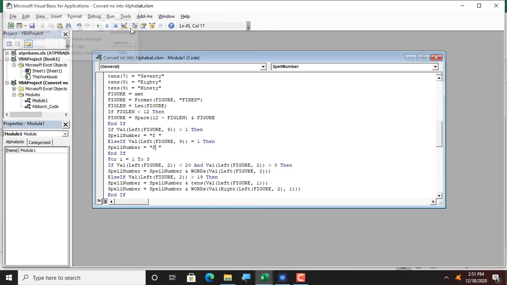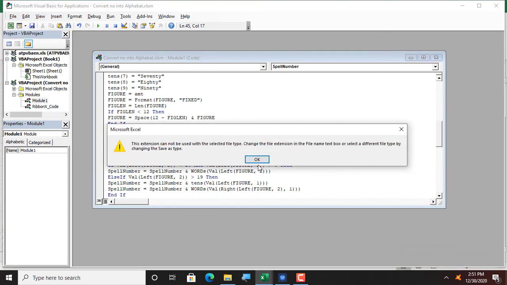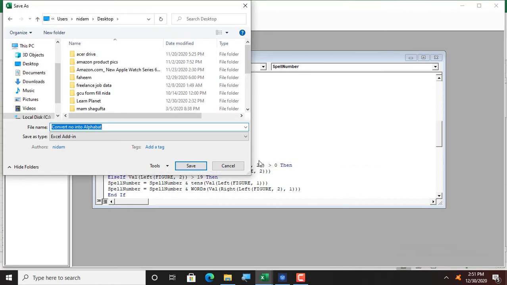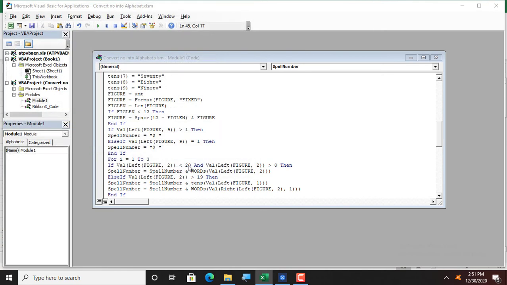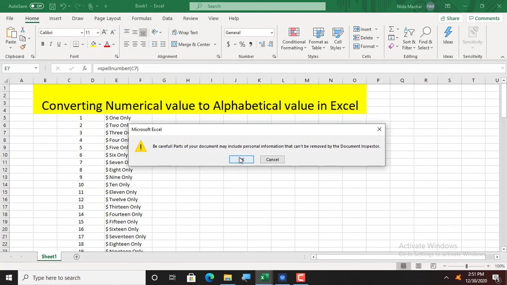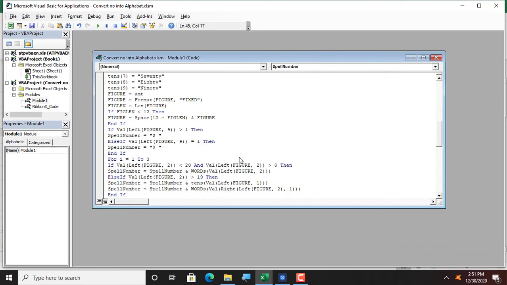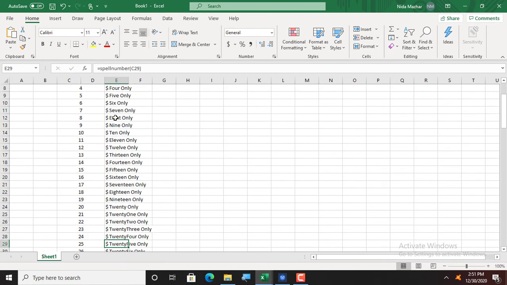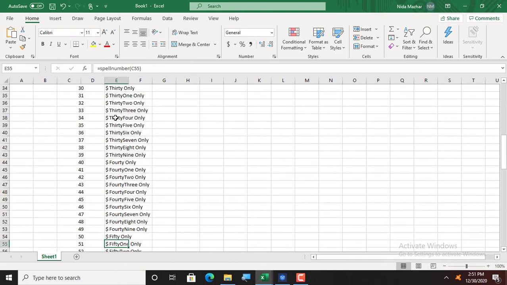I hit save. Now you can see everywhere it has been updated with dollar where it was rupee. You can write any currency you want. And this was all for today.